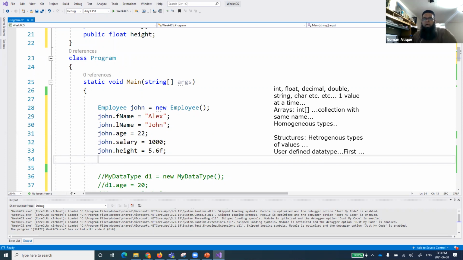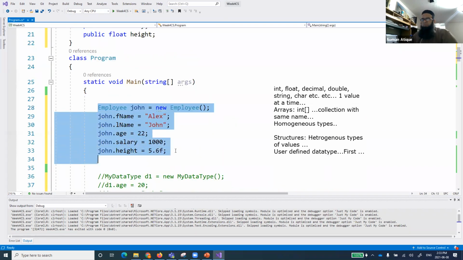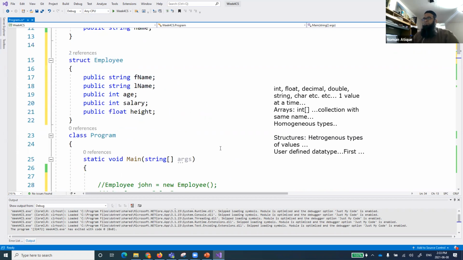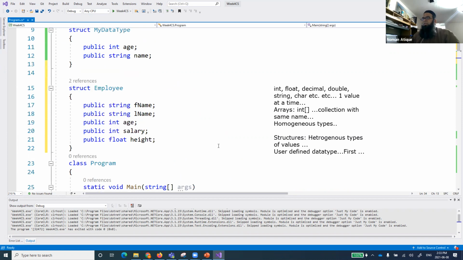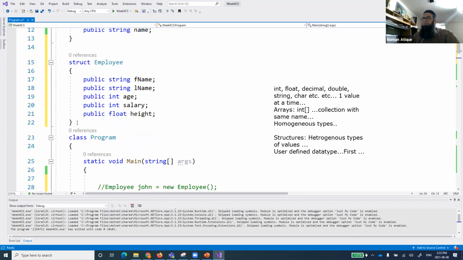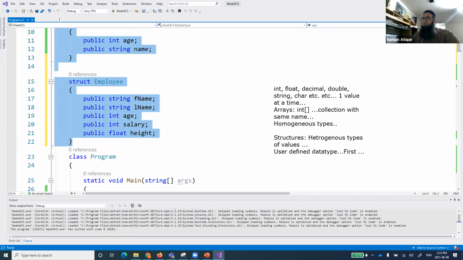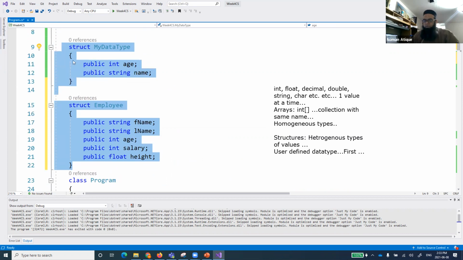All right. So as I said, I was just giving a quick introduction of structure. Now I want to move to classes, because that is one more important thing. So now I'll open up our new project, because I'll try to work on a new project, which will be our week 5.